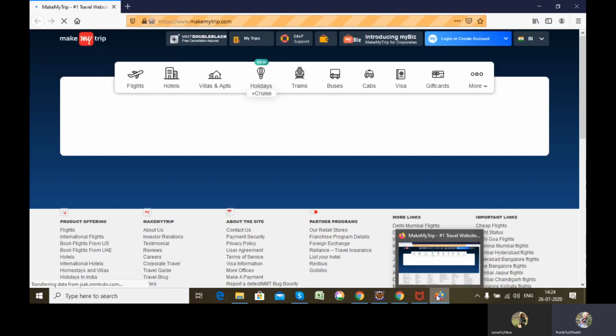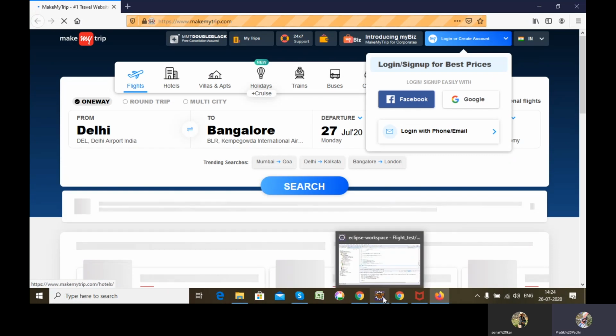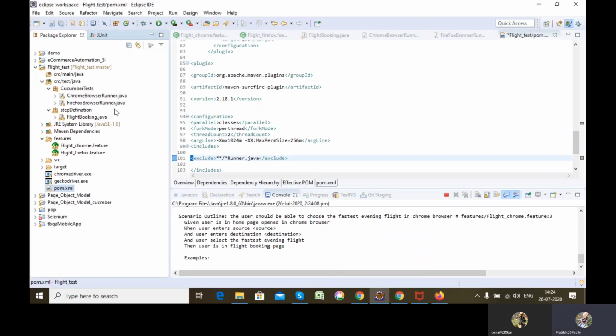So as a result, you can see the same test case is run in Chrome browser as well as in Firefox browser. So simultaneous parallel execution is occurring for the same test case as I have integrated it in the pom.xml configuration. Okay. So this is how parallel execution is done. Similarly, if you have cross-browser testing, you can include n number of runner classes, one for Firefox, one for Chrome, one for, you can say, Safari.